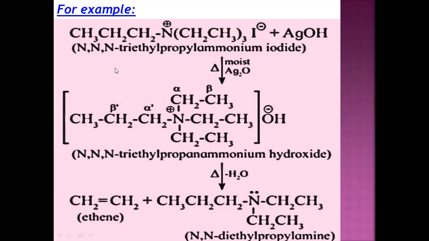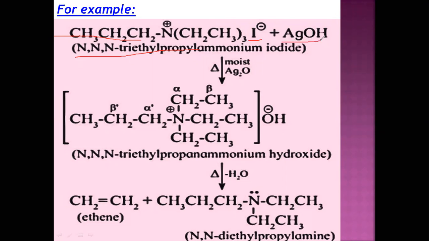See one more example. Here I have taken N,N,N-triethyl propyl ammonium iodide. N,N,N-triethyl means three ethyl groups are directly attached to the nitrogen, that means N-substituted, so that's why here N,N,N-triethyl. Propyl ammonium means one group is propyl, and ammonium means nitrogen has a positive charge, iodide means negative ion, which is